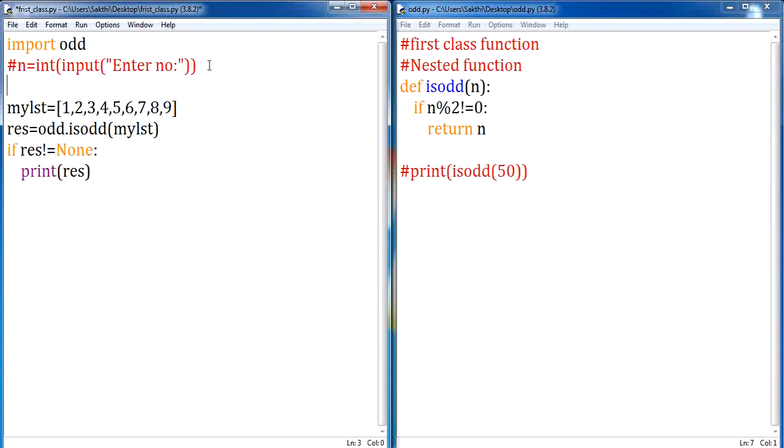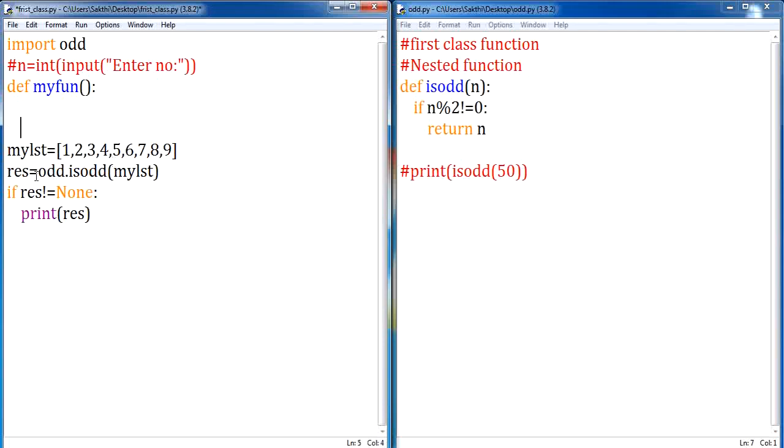So what you are going to do is declare a function called diff, with my function as the function name, and this function is going to accept two parameters. Your first parameter is nothing but the function, and your second parameter is your list. So let us modify here. This particular function takes two parameters: your first parameter is your function and the second parameter is your list of values. I hope you are clear with this.